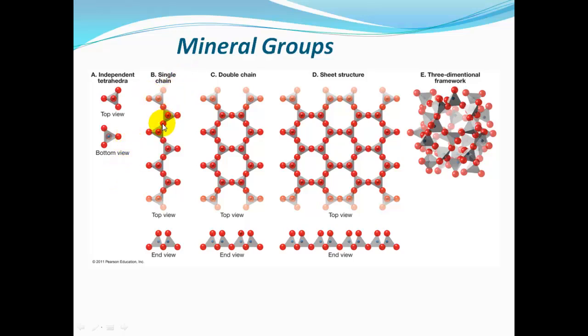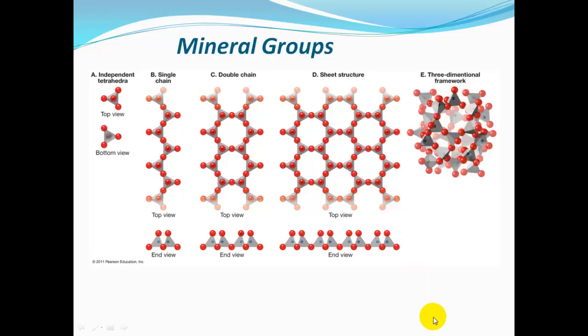Single chain: the tetrahedra connect at oxygen on either side, forming a narrow chain. Double chain: two single chains form together, forming a little bit of a ring structure here. Now sheet structure: they'll just form multiple double chains to form a sheet. And here's a 3D complex framework where the tetrahedra are trying to join as many other tetrahedra as they can